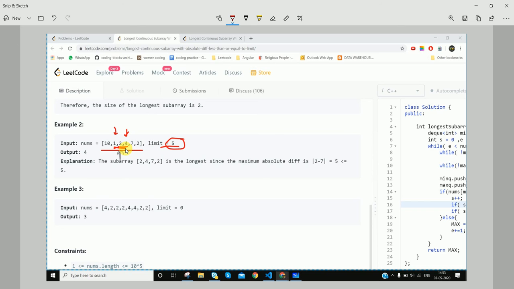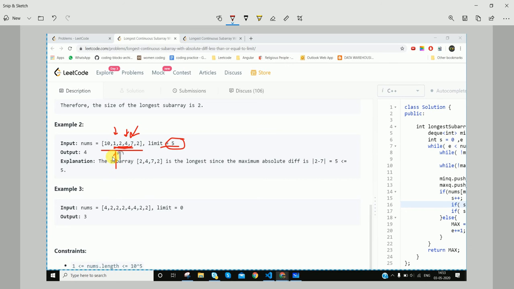So we have to check that no such pair exists, not just the adjacent ones but any other pair that exists within the subarray has to be within the limits. Then if we add 7 in the array that we are considering, we see that 4 and 7 lie within the limit, then 2 and 7 also lie within the limit because the difference is 5.